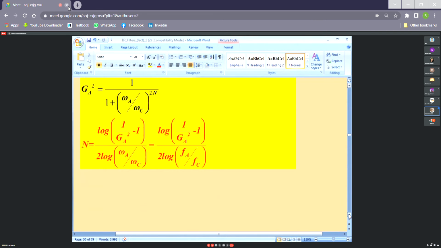Have you written it? This is how to determine the order of the filter. But the specification can also be given in a different manner. Without specifying the cutoff frequency straightaway, you may be given information about the gain at a particular frequency omega equal to omega A and the gain at some other frequency omega equal to omega B. So in that